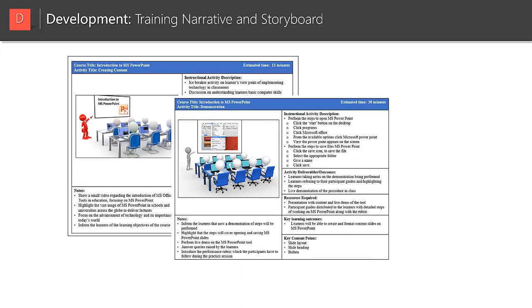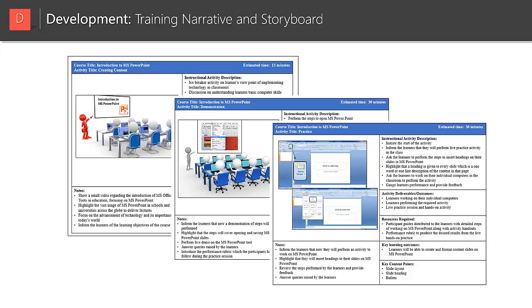implementation. The day would then be followed by a 30-minute demonstration where the steps to perform the functionalities of Microsoft PowerPoint would be done. The facilitator will perform a live demo and answer the questions and queries raised by the participants. The day would end with a 30-minute practice session where the participants would be practicing the Microsoft PowerPoint skills